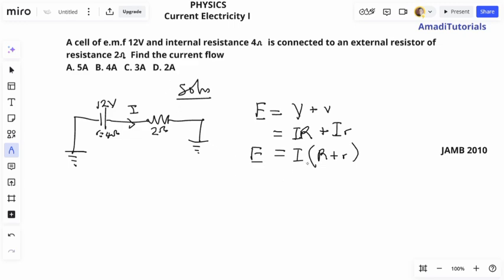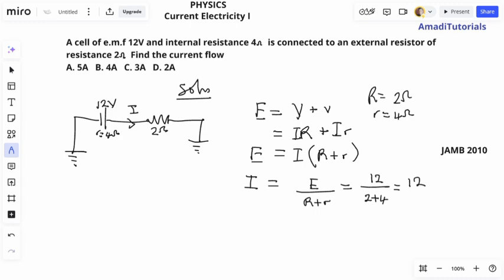So what do we have to find? The current. If you make current the subject of the formula by dividing both sides by big R plus small r, you'll have I equals E divided by big R plus small r. If you substitute your parameters there, remember big R is 2 ohms and small r is 4 ohms, you have 12 divided by 2 plus 4,